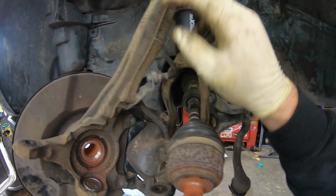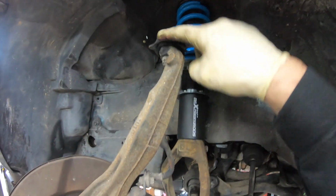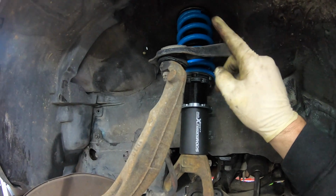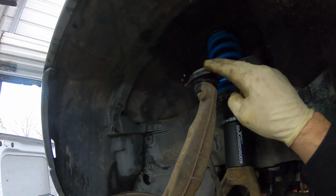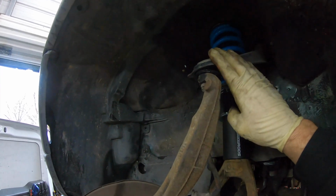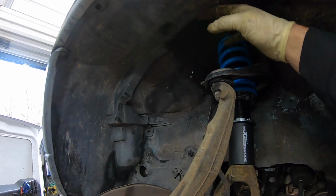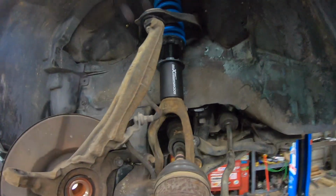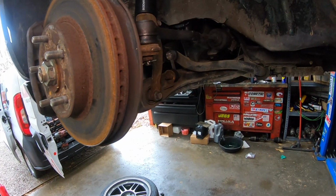tie rod end. And we're also gonna do the camber kit on top, because with this being lowered, a lot of times this stock control arm likes to get caught on the pinch weld up here, and we don't want any of that. So we're going to get the adjustable camber kit installed on here to make sure that it doesn't get caught on this lip. So let's move on. All right, so we got the new